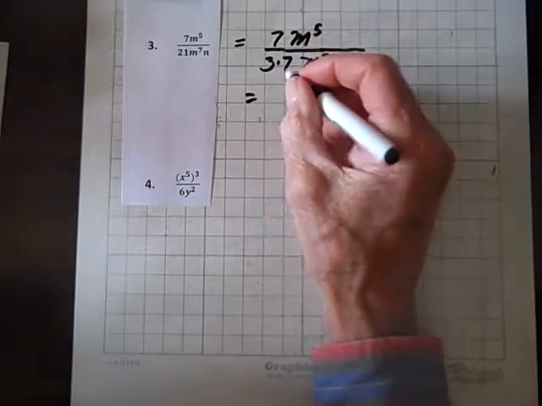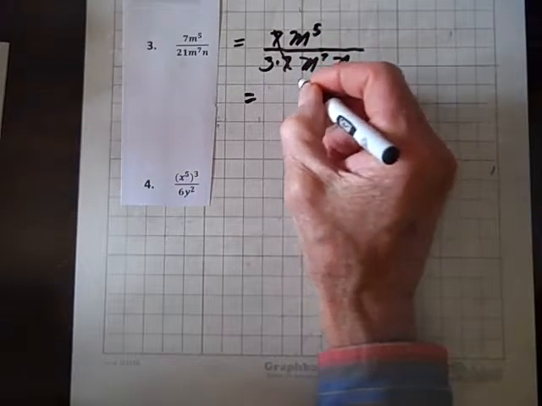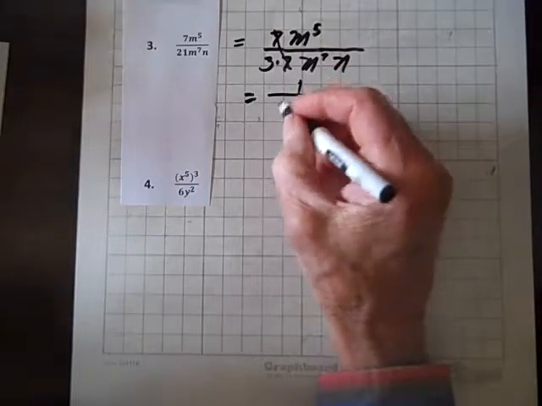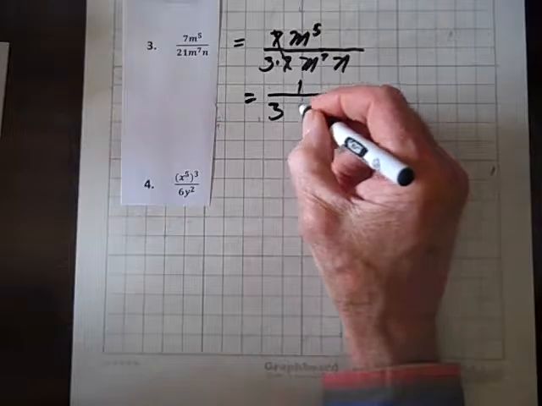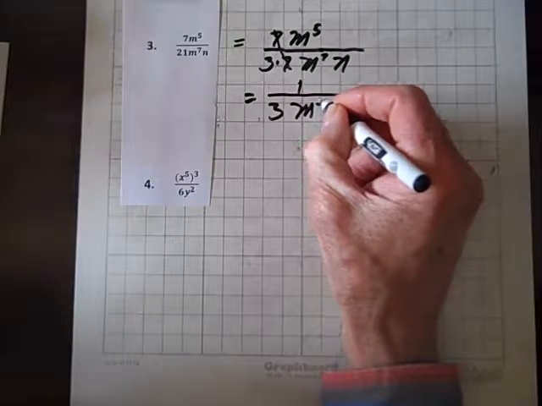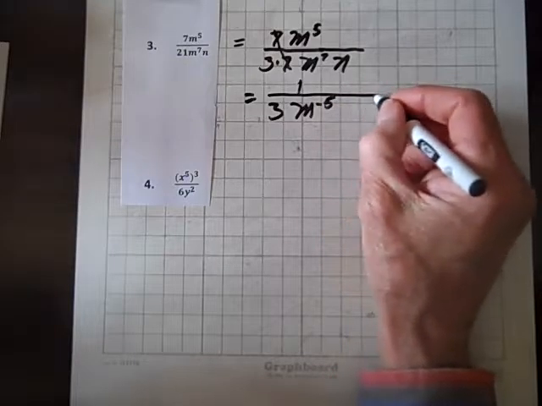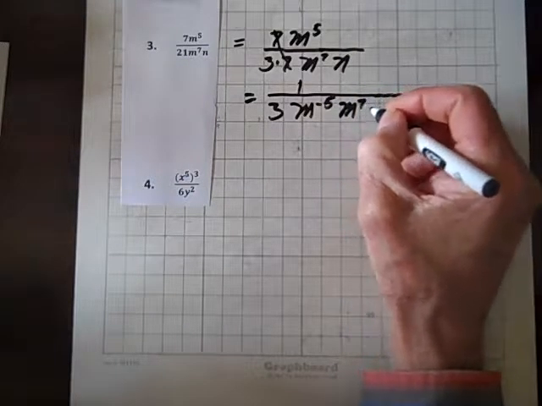And so that equals, and by the way, the 7's here divide out. And we'll put a 1 upstairs because I'm going to move this m to the 5th downstairs. But we have that 3 right there. And that's going to be m to the negative 5. Notice I just changed the sign because I changed the position. Put it downstairs. m to the 7th n,